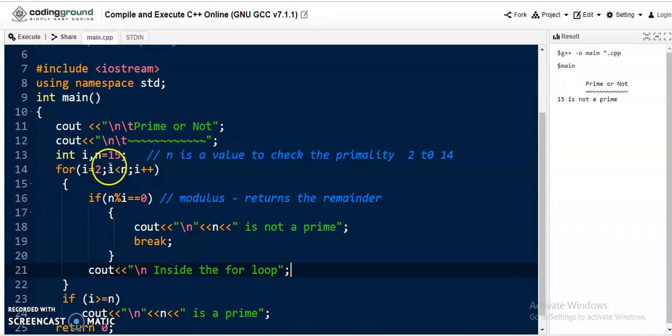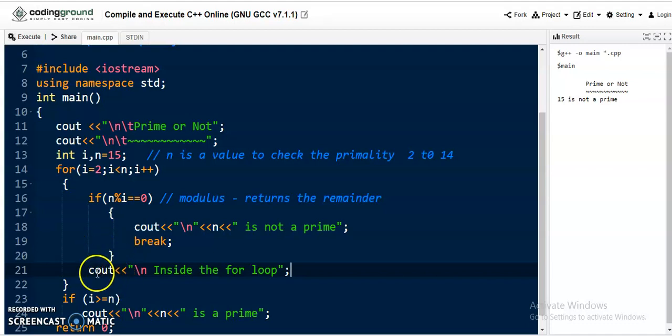Now i becomes 3. It checks the condition: 3 is less than n, that is 15, so the condition is true. Then it enters the for loop and checks 15 modulus 3. When I divide, it returns the remainder 0. So we enter the true block and execute this statement: 15 is not a prime, and we use the break statement here to come out of the loop.